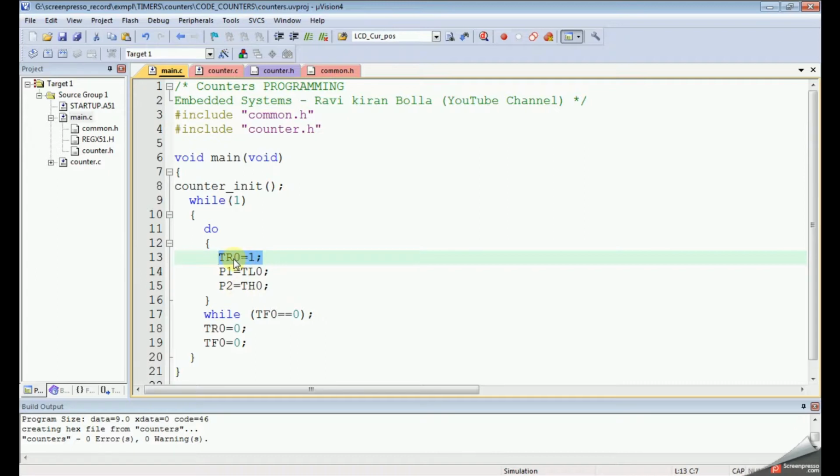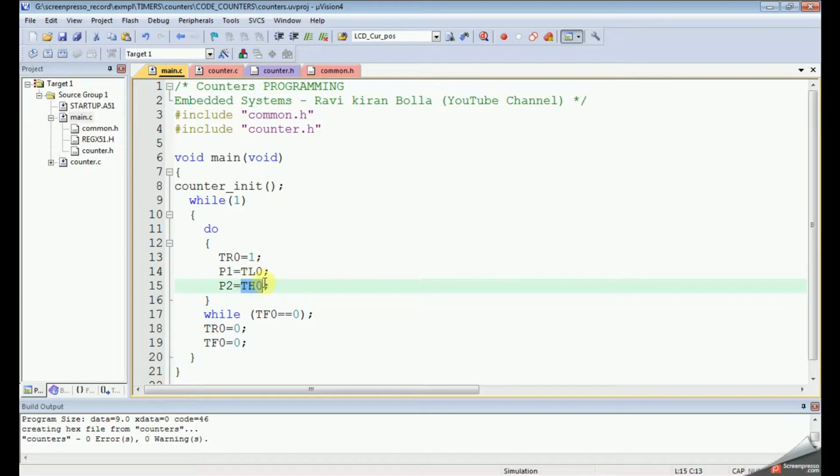Whenever you give TR0 equal to 1, it will start timer or counter. In this case here we are using counter program, so it will start counting the external events. So TR0 equal to 1 means from this onwards, it will start counting external events. The count value will be updated in TL0 TH0.